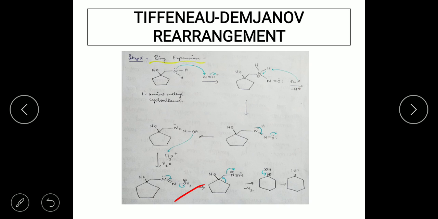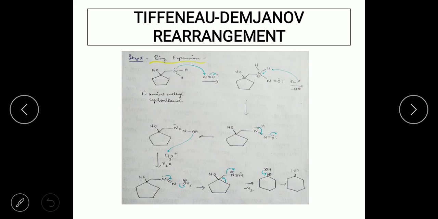Now the next step would be to remove the oxygen, or to remove the water molecule. That is nothing but the lone pair on nitrogen forms a triple bond with the nitrogen to give an azide group here, and then there is going to be the departure of the water molecule. Now you can see the positive charge is going to be generated at the nitrogen of the azide group, because nitrogen now is bonded with 4 bonds, 3 bonds with nitrogen and 1 with the methylene group. Now the last step would be nothing but the ring expansion.